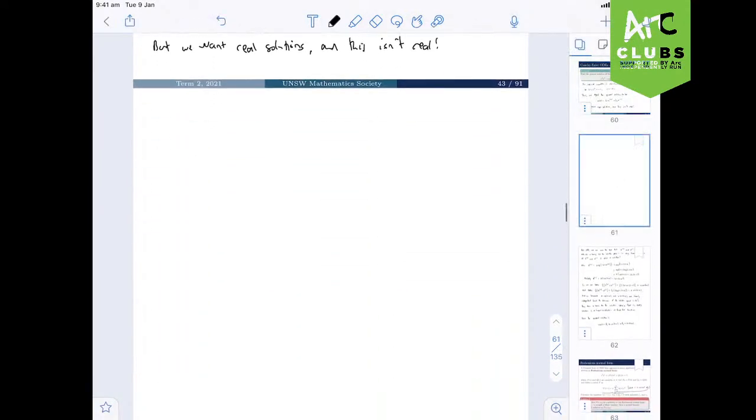So find the general solution to the ODE, x squared u double dash, 2 x squared y plus 4 plus 5